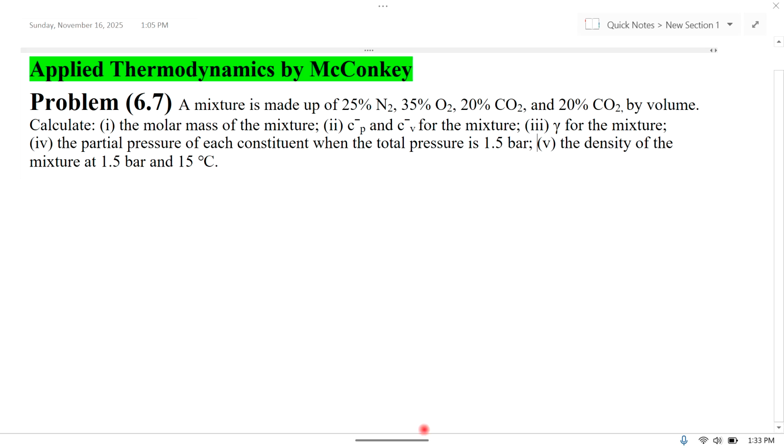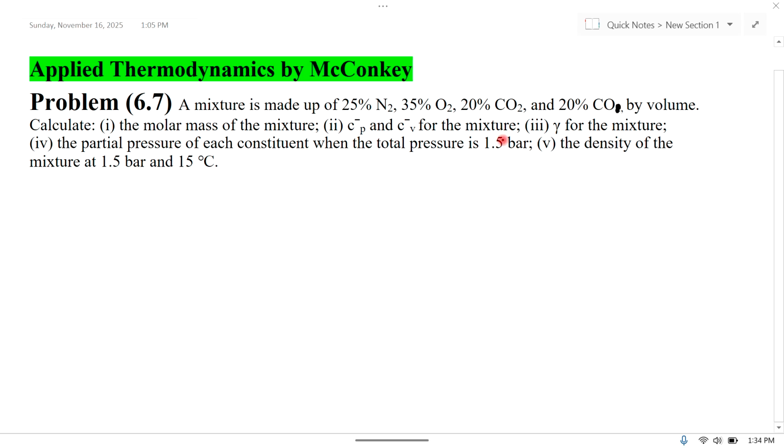Bismillahirrahmanirrahim. In this lecture, we are solving problem 6.7 from the book Applied Thermodynamics by McConkey. The statement of the problem is: a mixture is made of 25% nitrogen, 35% oxygen, 20% carbon dioxide, and 20% carbon monoxide, by volume. Calculate the molar mass of the mixture,